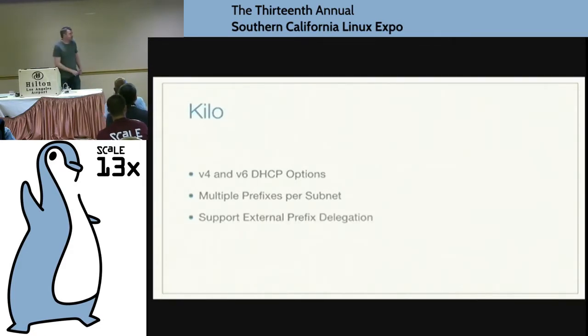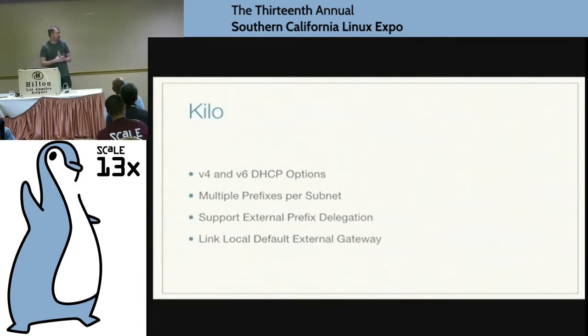Another one of the changes is to support external prefix delegation. Basically what this means, as I touched on a little bit earlier, is that right now when you have a router namespace in the L3 agent, you have to provide the public network, or the external network it's connected to. Currently we're assigning an actual public IPv6 address to it. But really you don't need that. You can actually use link local, and as long as you make link local the next hop from that namespace, traffic will appropriately flow as long as the next hop understands how to return.